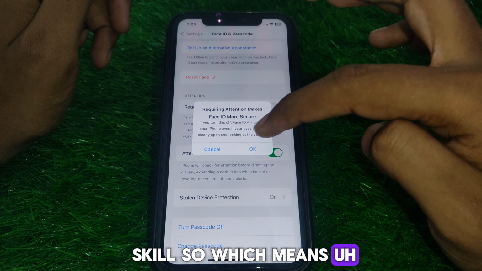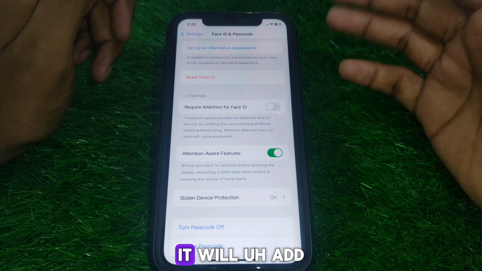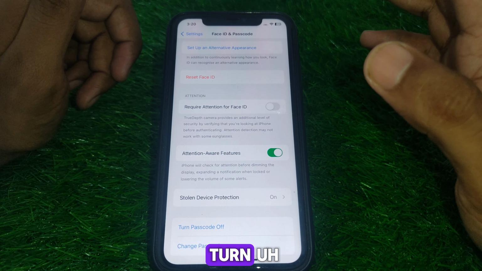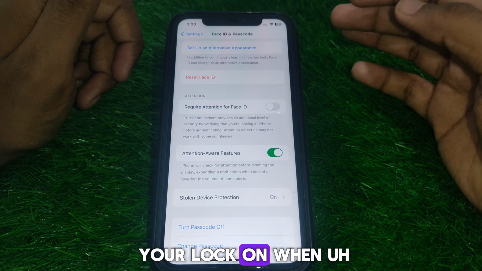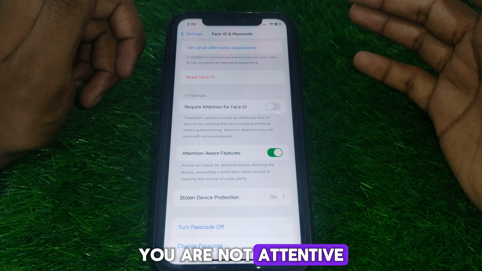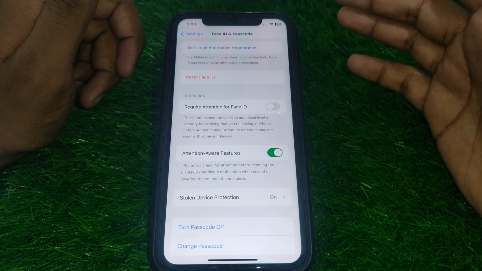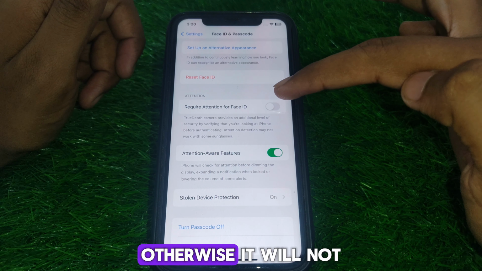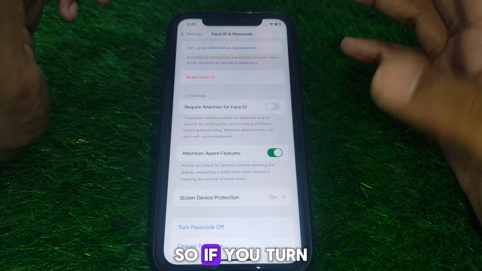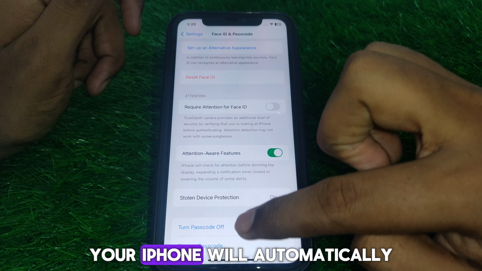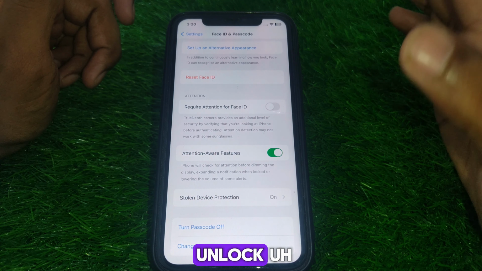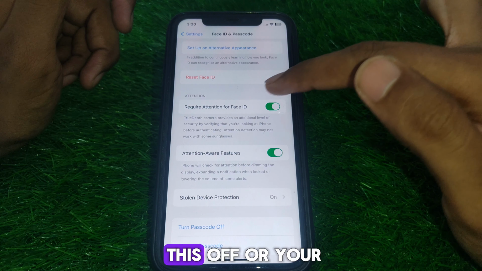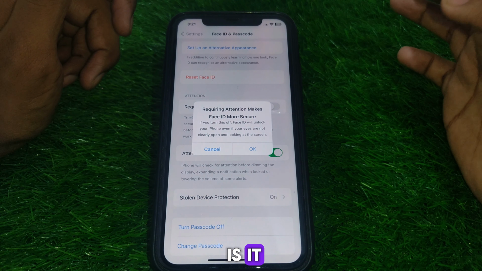So which means, if you turn this toggle on, it will add an additional security to your iPhone, because it will not turn your screen on or unlock when you are not attentive to your iPhone, which means if your face is straight to the depth camera, it will unlock your phone, otherwise it will not unlock your phone. So if you turn this off, your iPhone will automatically unlock even with your eyes open, as you can see. So if you turn this off, here it is written,